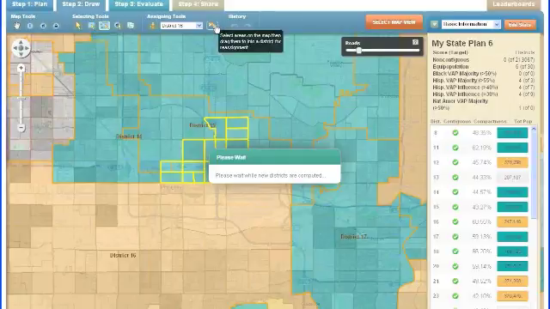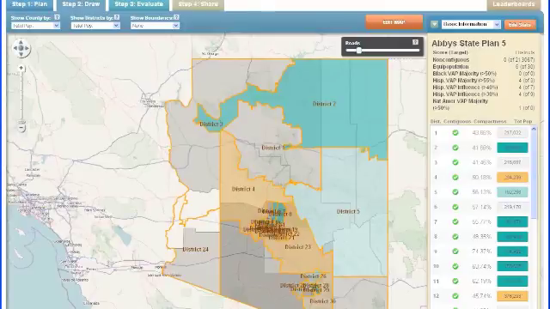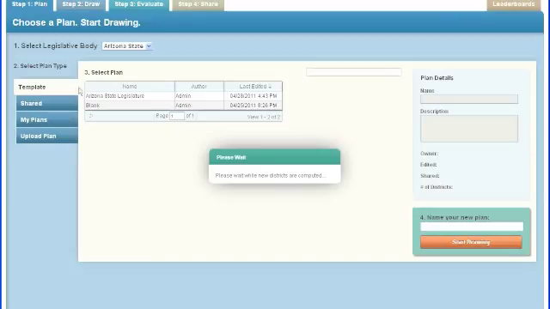The other choice for computing new assignments, and this is taking a little bit of time, like I said, doing any kind of software demonstration early on in the process is always a little bit risky. So typically this would be almost instantaneous. It looks like my server got hung up a little bit. So I am going to switch over to another instance here, or we'll go back to another plan, and we'll